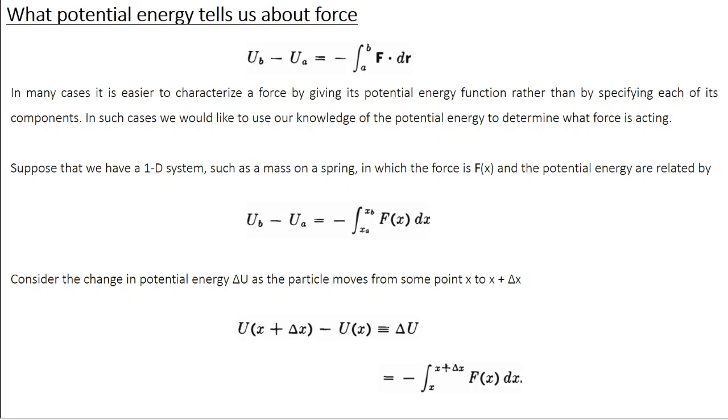Okay, so if you have a particle which moves from initial point A to final point B, then the difference in potential energy between these 2 points, UB minus UA, is given as minus integral A to B F dot dr. So it's the amount of work done to move the particle from A to B against the force field. Okay. Now, what all information can we get from this potential energy expression,